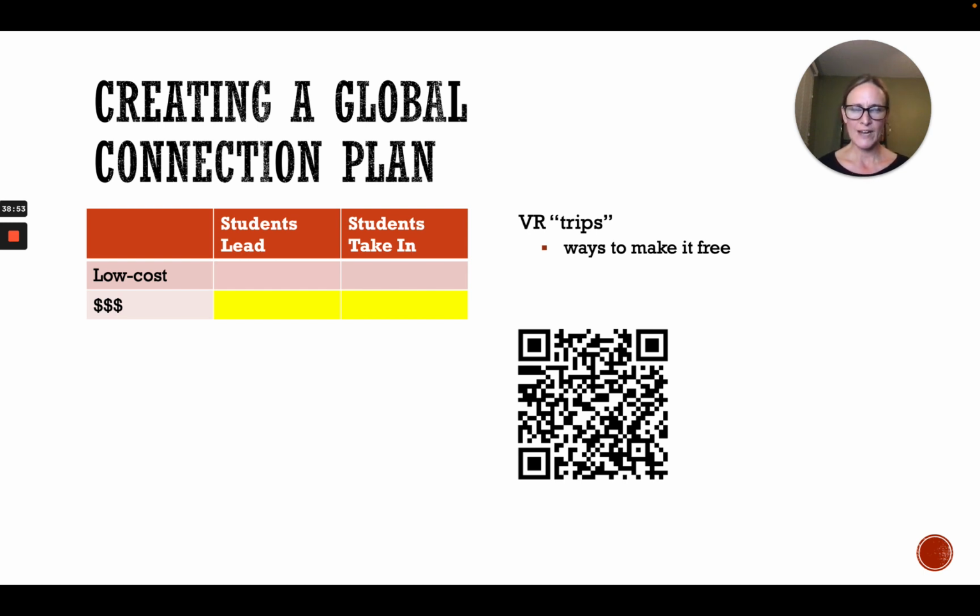Now, virtual reality systems are one of those things where you get what you pay for, and they're not cheap. You do want to invest in a good system. So again, there's that money issue. But I really think you can make it cheaper by applying for grants. So I have a QR code there for the NEA Foundation. They have grants that really would be applicable to cover the cost of these virtual reality systems. And they really like funding projects with global education.